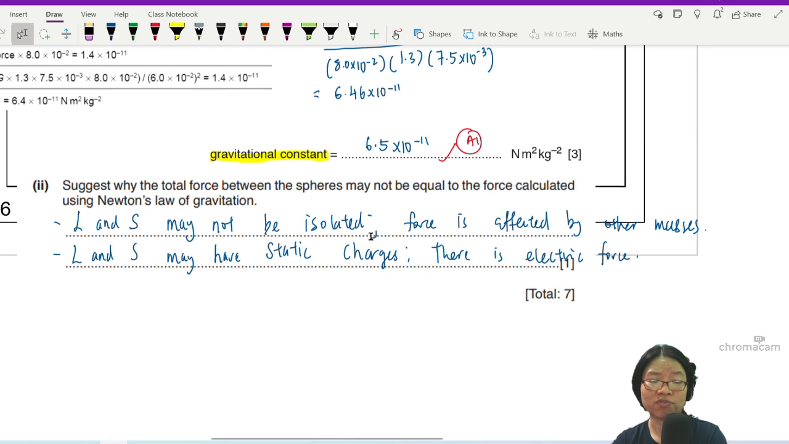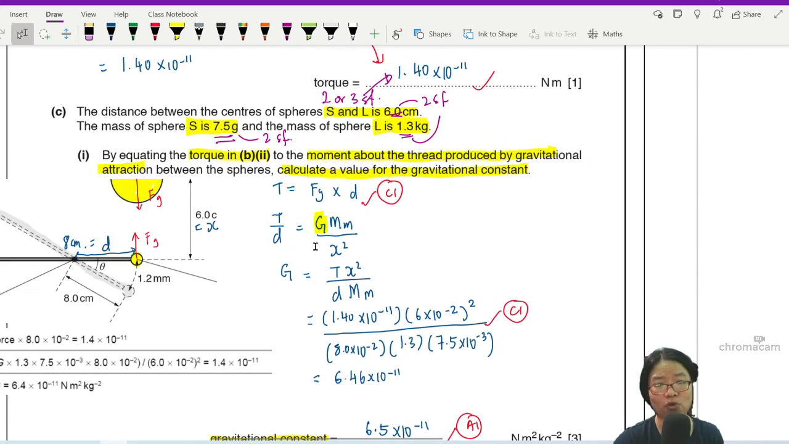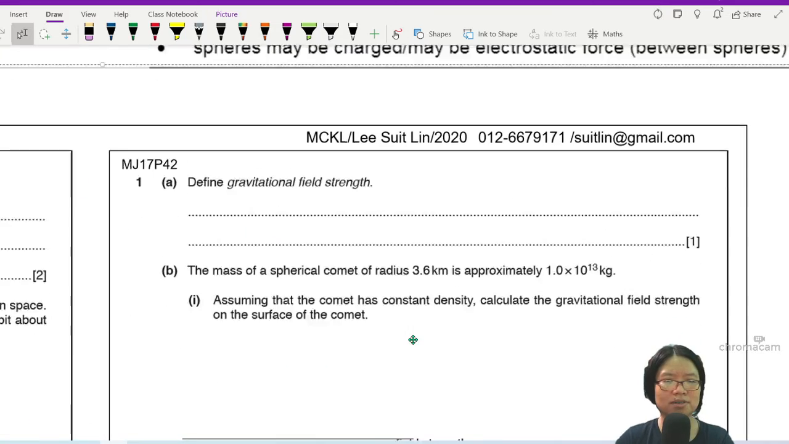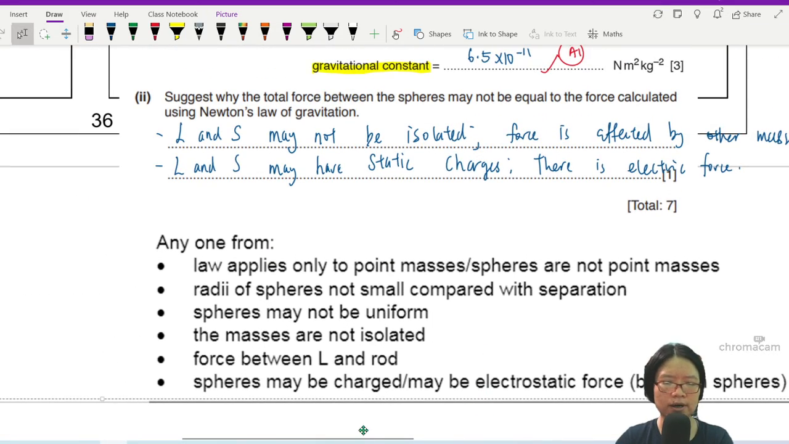For your GMm over r squared to apply, the masses have to be isolated, meaning they're on their own. Like the planets, which are quite isolated, you know? You are alone in outer space. The Earth and the Moon be like just you and me, bro. So yeah. Other answers that are accepted include